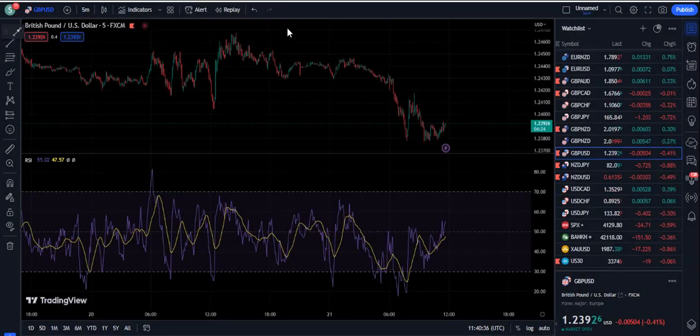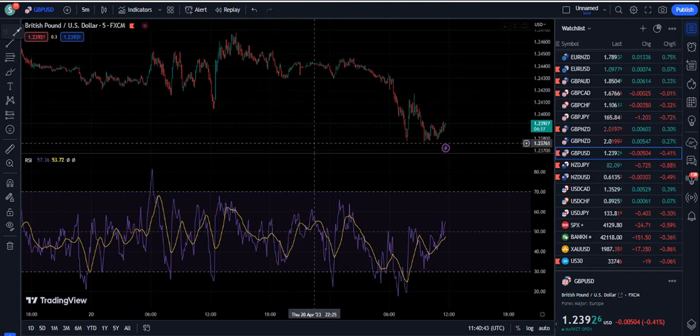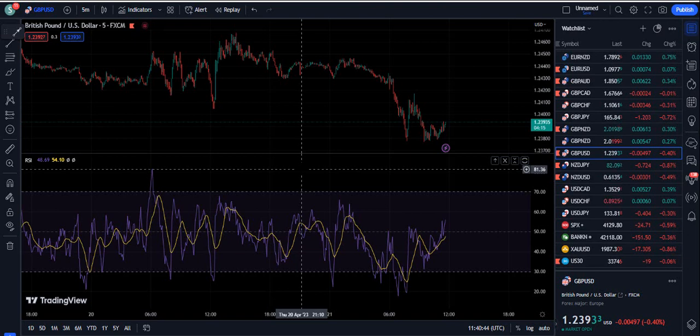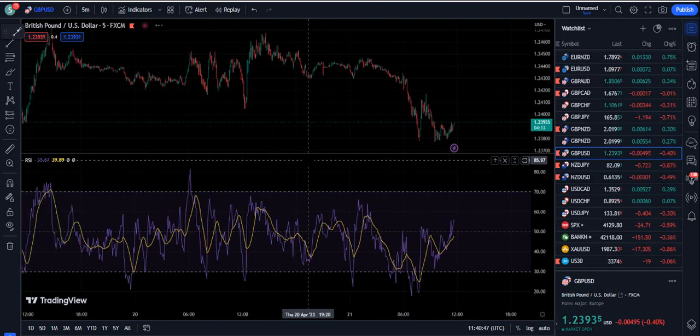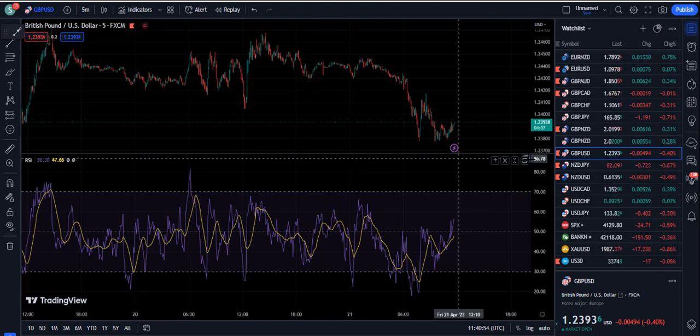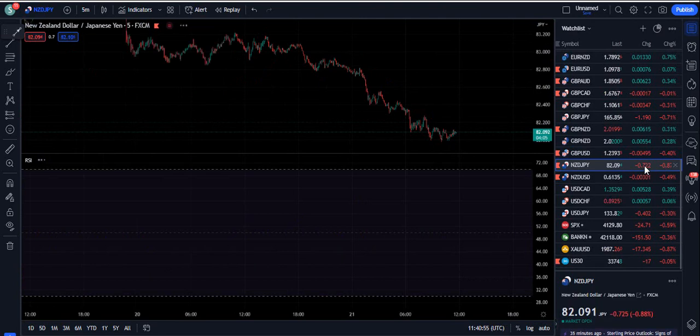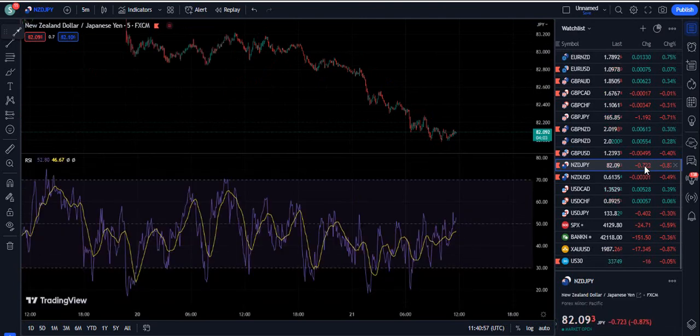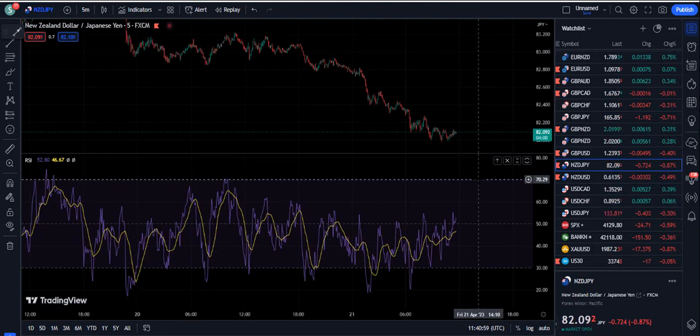Welcome back to my channel, traders, and today I'm going to talk about the RSI indicator, which you guys know very well. This is the popular tool that is used in technical analysis and for identifying trading opportunities, right? However, like any other tool, the RSI indicator has its weaknesses that traders must be aware of